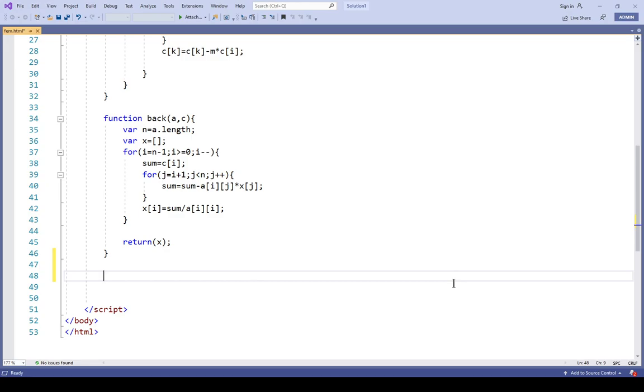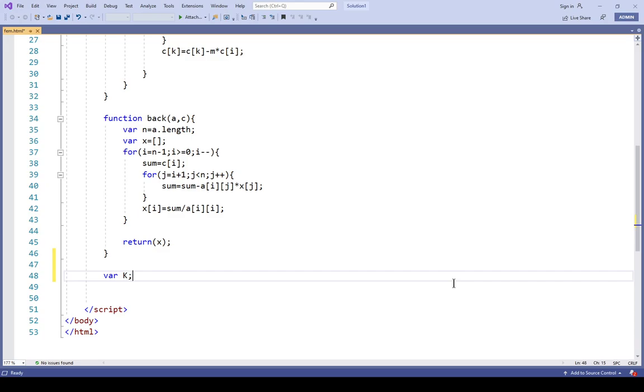So first is the K. I just declare variable K, capital K. This is my global stiffness matrix, which I am going to require. I'm going to create a global stiffness matrix, and each individual element matrix I'm going to add into the global stiffness matrix. So the first task is only this.